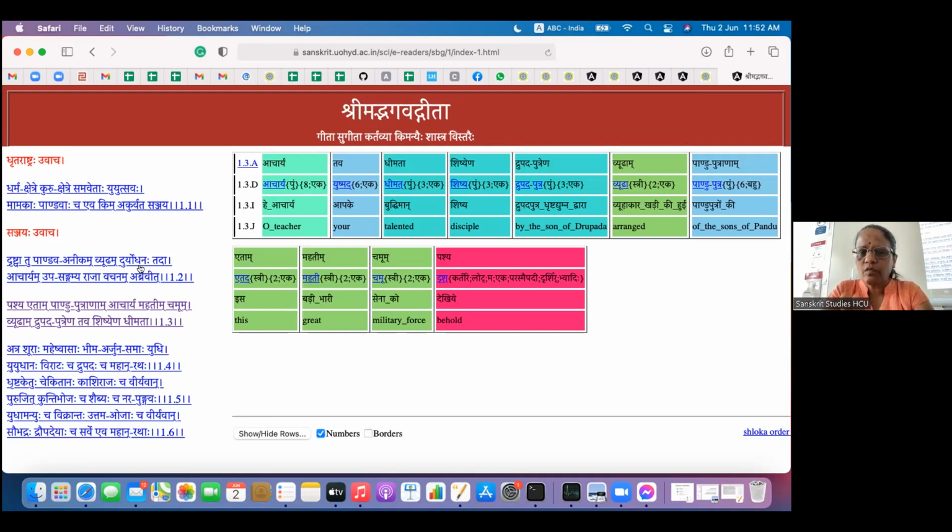Machine will provide possible segmentations. For selecting those segmentations, we need to use this yogyatā. The ākāṅkṣā, the expectancy, machine has taken care of. Sannidhi, which is again syntactic, machine has taken care of. But the yogyatā, where the meaning is involved, word meanings are involved, that part we are still working on and trying to improve so that machine can